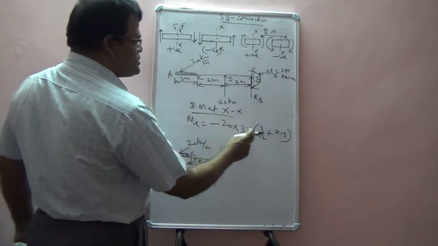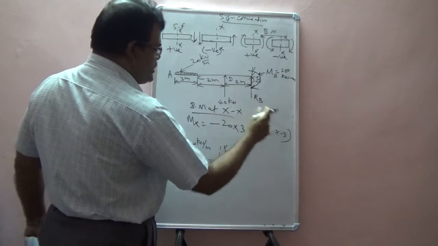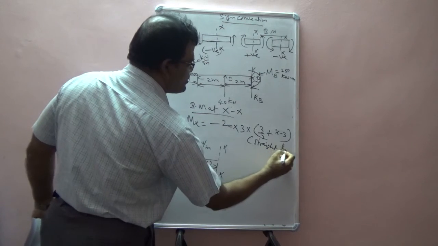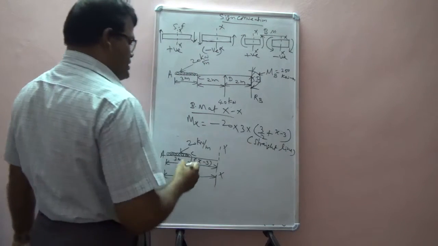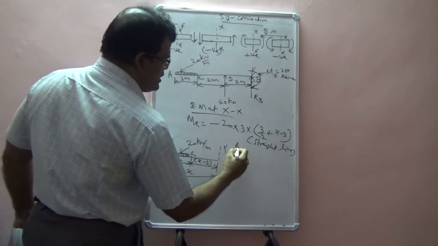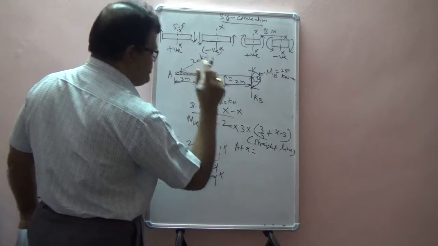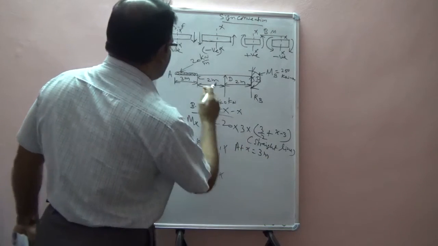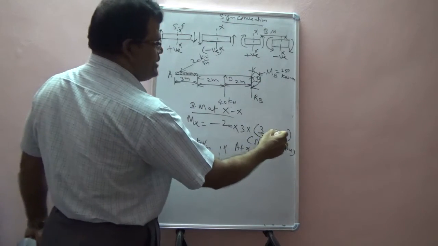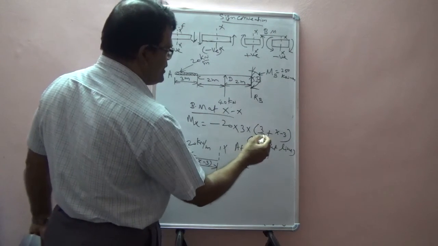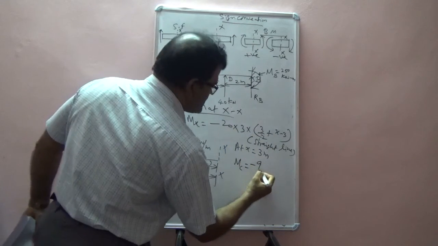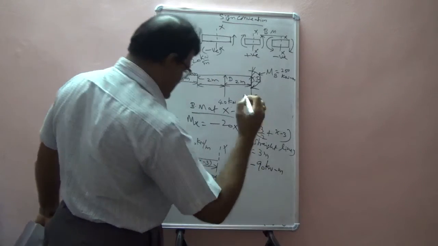Now here there is only an x term, therefore it will follow a straight line. So it is a straight line equation. Now substitute the boundary condition at x equal to 3 meter. That indicates Mc will be equal to, since the 3 gets cancelled, only 3 by 2 will be there. So 2 10, therefore minus 30 90, so minus 90 kilonewton meter.